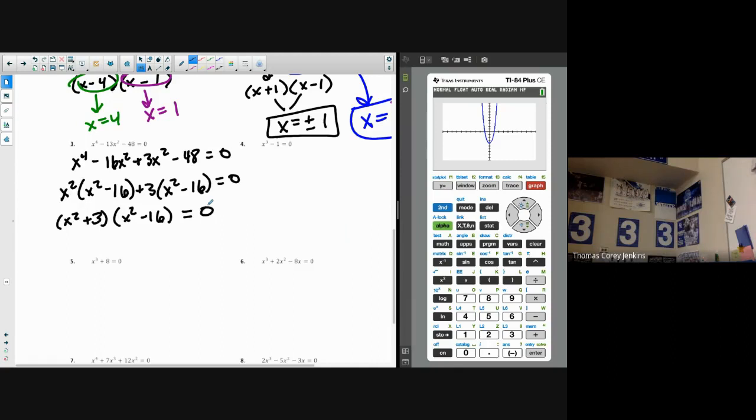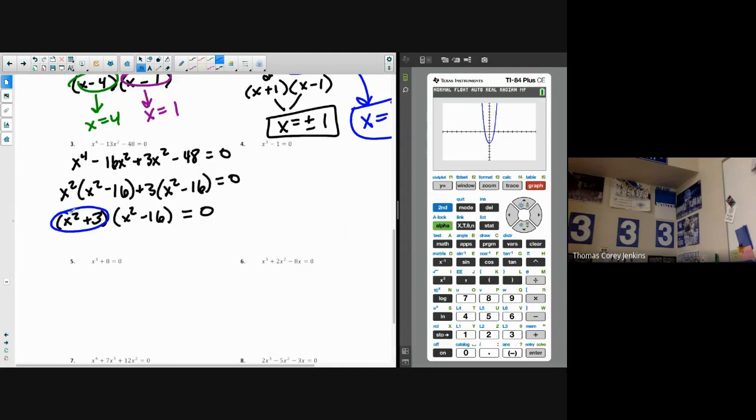And I'm out of space. I could keep factoring here because that's a difference of 2 squares. It'd be x plus 4 times x minus 4. But I'm going to think in terms of square roots. All right, kind of use the 0 product property. Okay, so this one, first factor, I know it's not a linear factor, but we could still use the 0